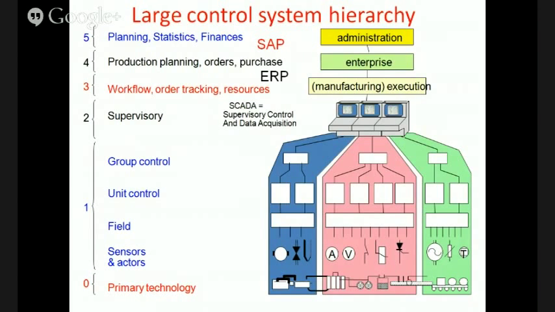So you can see that the large control system hierarchy gives you a very correct picture in industry of how lower level controllers are there. There we are using primary technology or zero level control. Then we have the one level control, which uses sensors, actuators, unit control, group control. A whole lot of technology is being used here. Then comes the supervisory control, the SCADA or the DCS. Here we are getting all these signals from the lower level at one place, a central place, wherein we are incorporating SCADA. That software will receive all kinds of inputs from there, and then processes that input,